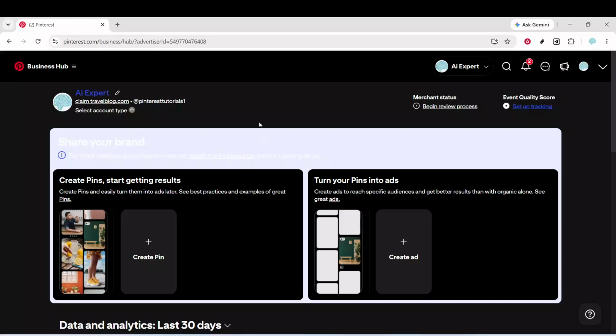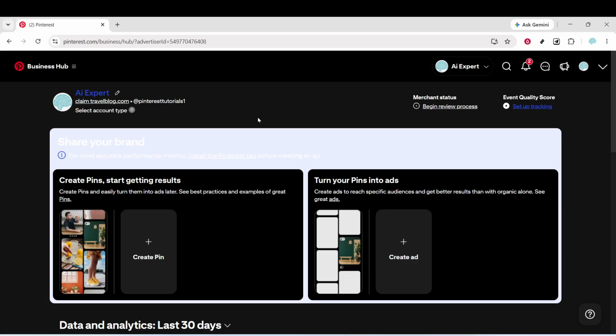Tired of being the only one who can post on Pinterest? You know how it is. You've got a growing business, a Pinterest strategy that's actually working, but you're still stuck doing every single pin yourself. You want to bring someone onto your team to help, but you're worried about handing over the keys to the kingdom. Well, here is exactly how to add employees and lock down their permissions so you can finally delegate with